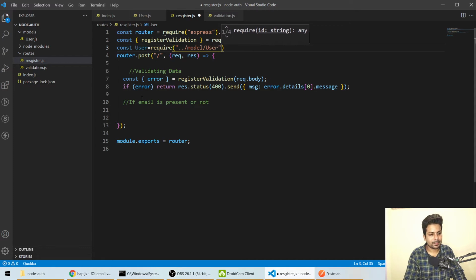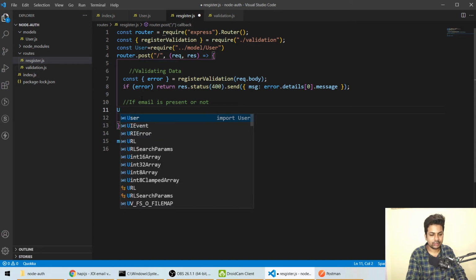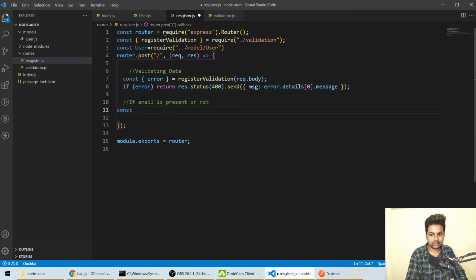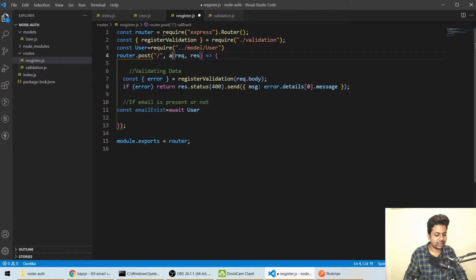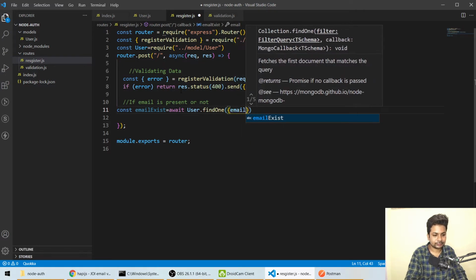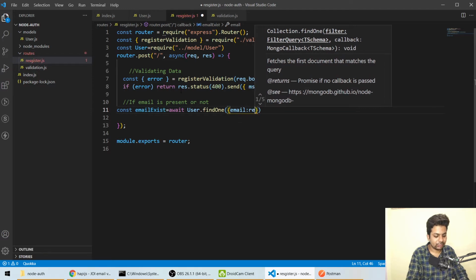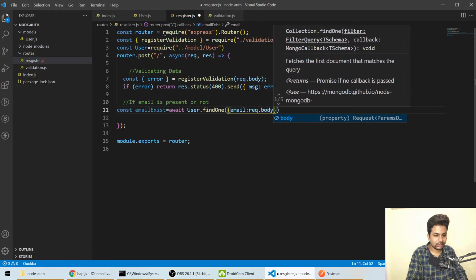Okay, so if we check it like user, we'll say const emailExist equals await. We have to make it async because we are awaiting it: async await user dot findOne, and we'll say email, and the email is in the request dot body dot email.